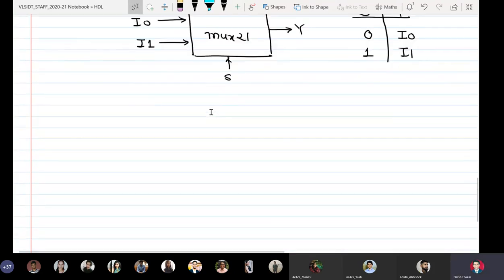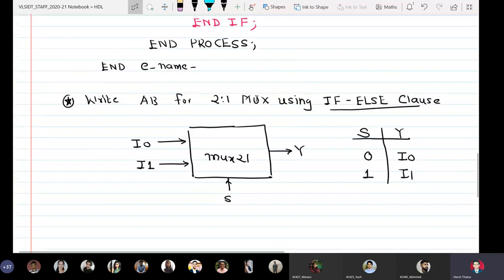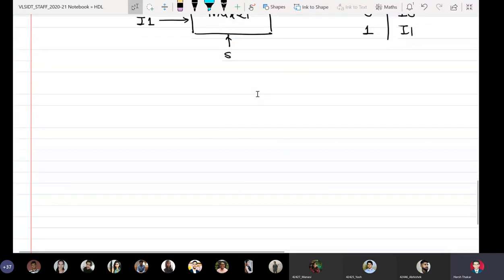Yesterday we wrote the architecture body for 2:1 mux using process clause and also when else. So it goes like this.